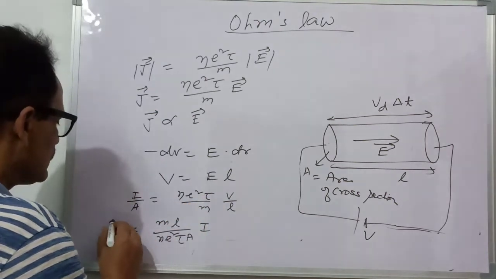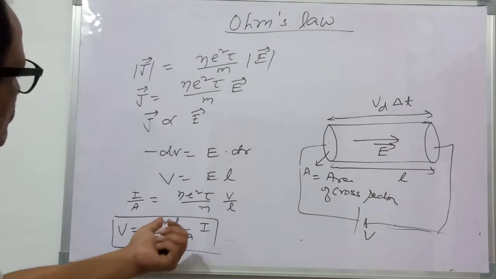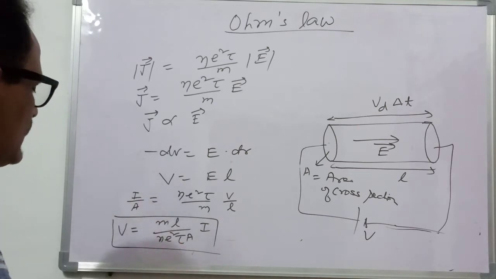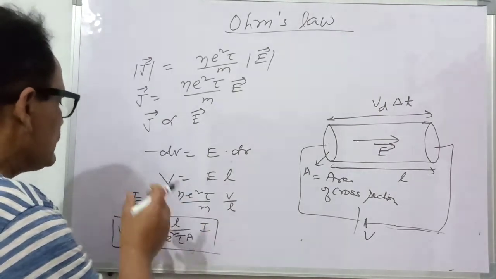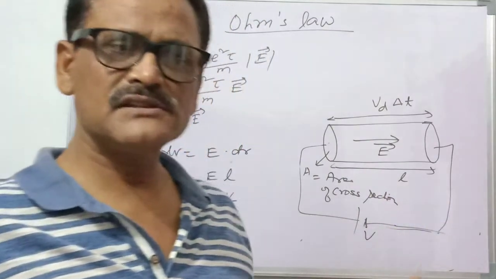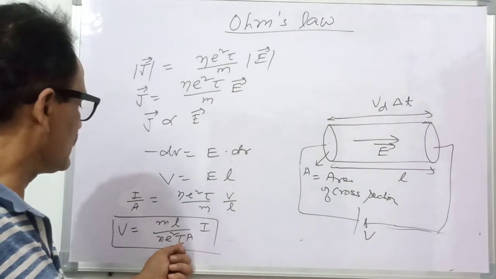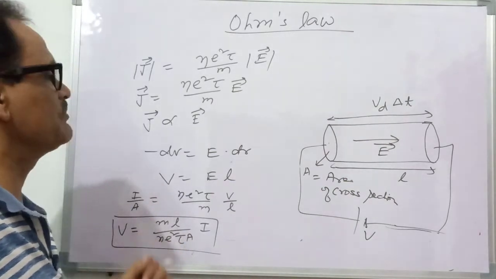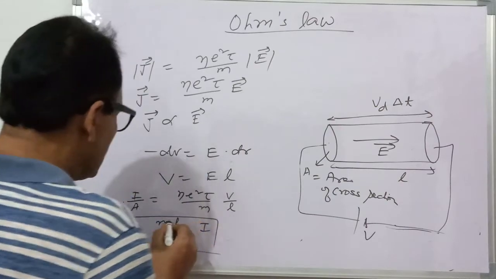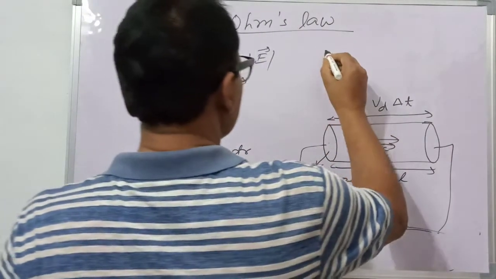And now in this relation, we see again that m is the mass of the electron, n is the number of free electrons per unit volume, e is the charge of electron, tau is the relaxation time, A is the area, and L and A are the dimensions of this conductor, meaning what the area of cross section is and what the length is. And this depends on the temperature, and on the nature of the conductor, that is, how many free electrons per unit volume it has. And these are all constant for a given physical condition, and then we can say that V is proportional to I.